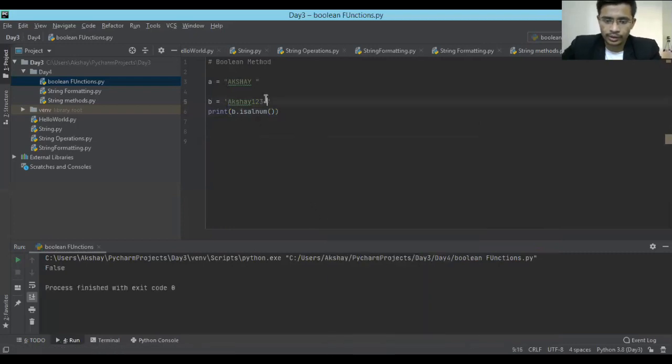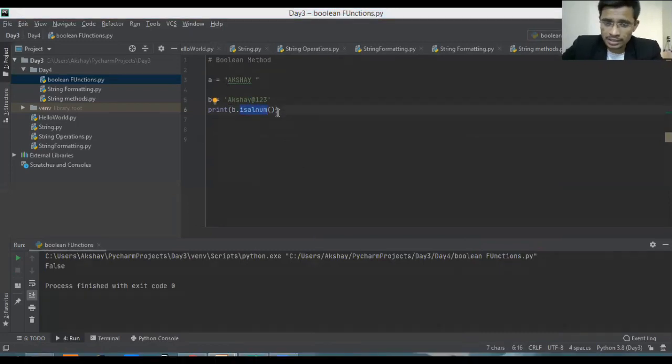Instead of that, if I do it like this, a at the rate 123, again it should give me false, because it is not alphanumeric, it has a special character. So these functions help you identify whether the string is uppercase, lowercase, alphanumeric, alphabets, or digits.